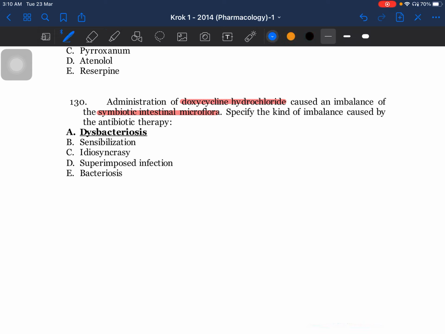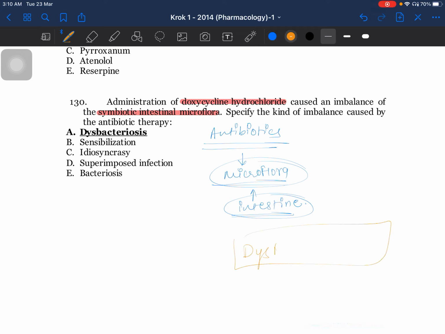So whenever we take antibiotics, these antibiotics basically kill the microflora of the intestine, and this condition is known as dysbacteriosis. Dys means disturbance and bacteriosis refers to the microflora. Okay, this was all about the